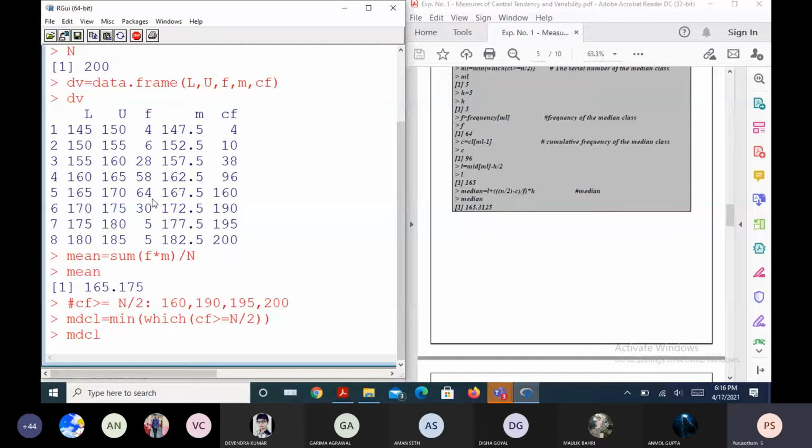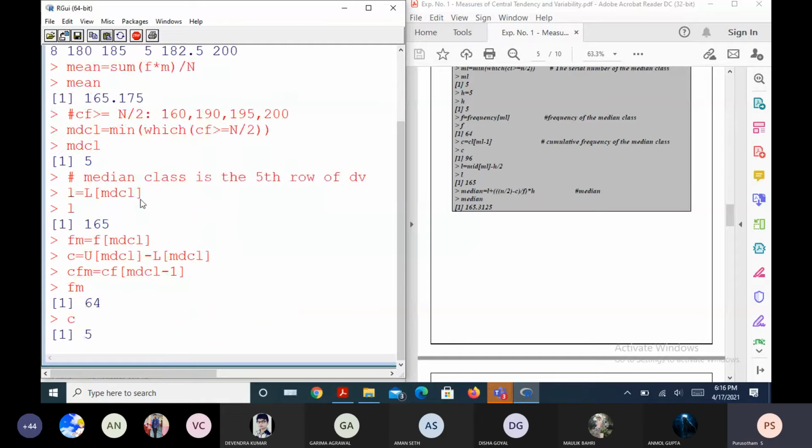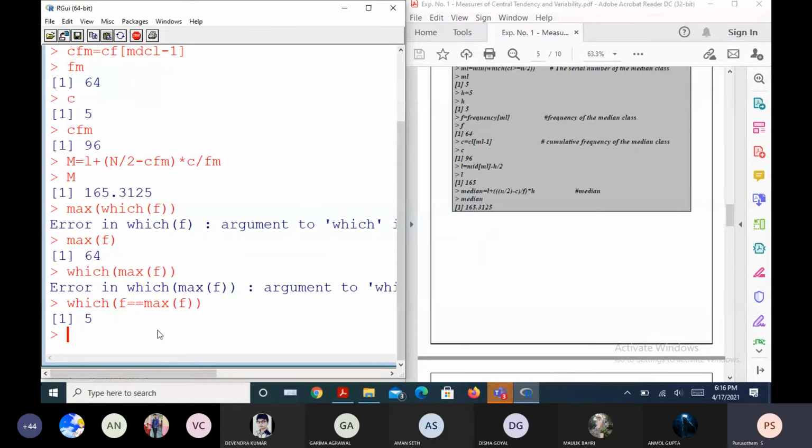So based on some inputs from your end, I'm slightly modifying this. I'm going to compare the two statements. In order to compare two statements in our program, we need to use double equal to. F is one variable, max f is another scalar. So you are trying to compare this scalar with f.